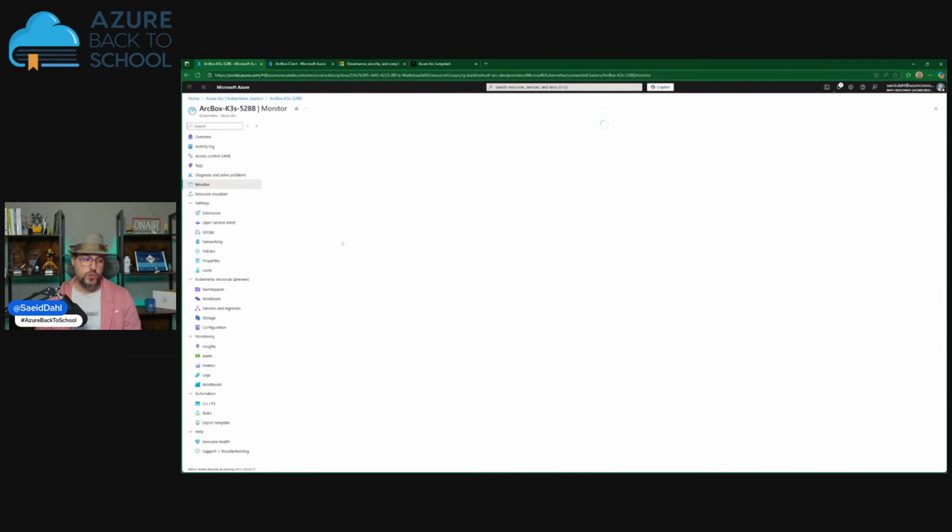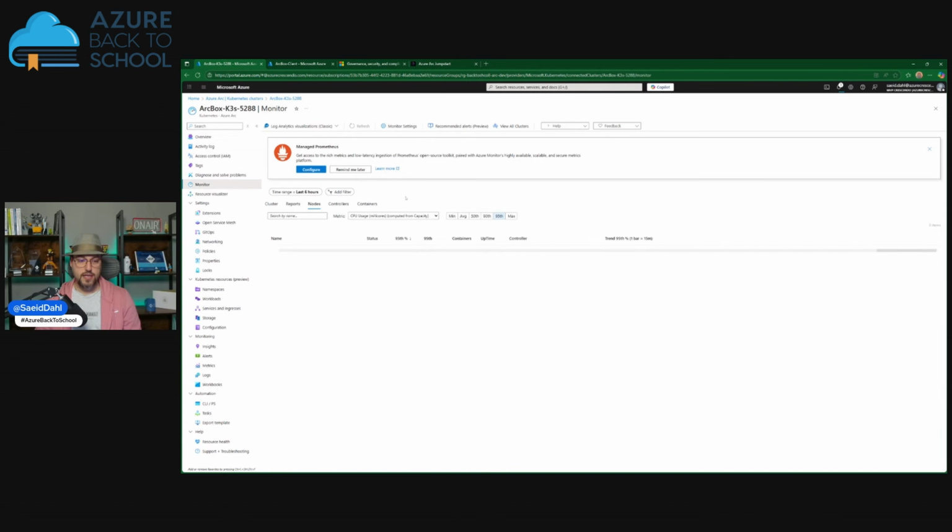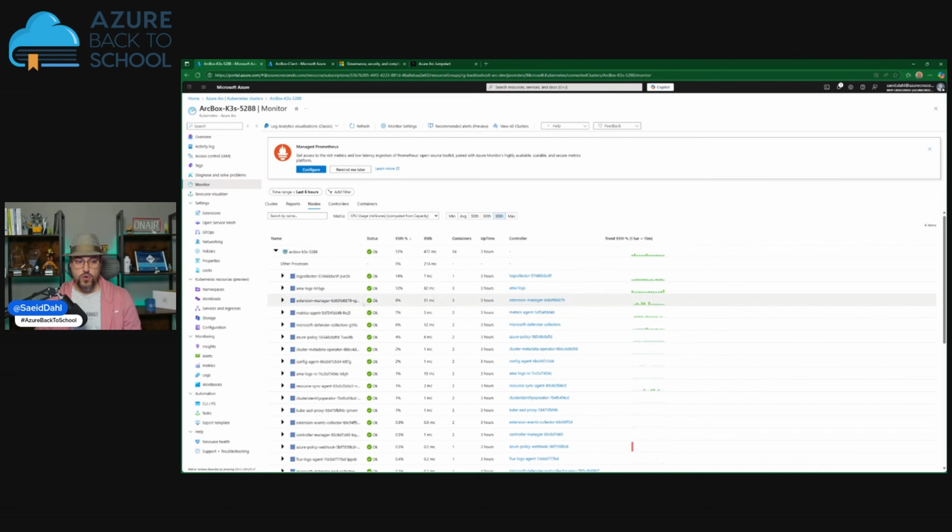And also, if you want to connect it to some kind of, for example, GitHub process, it's easy to do that. Here, as you can see for the monitoring, I can enable managed Prometheus for my cluster. And beside that, I have this option to connect managed Grafana to my cluster and get all the information. So as you can see, for example, for nodes, I can get some information regarding the nodes that I have. All the information that is coming from my local cluster,